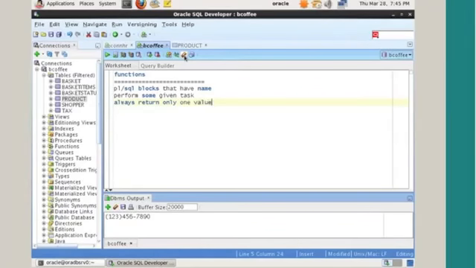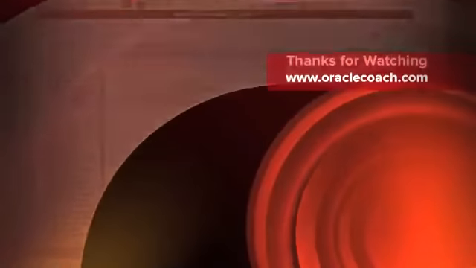So this is very, very important, probably the most important point over here, where I would say that they return only one value, and the word that I'm using is return only one value. And very often you use functions